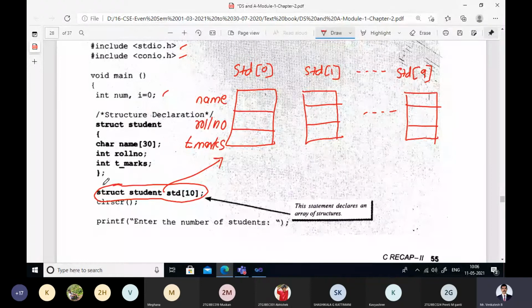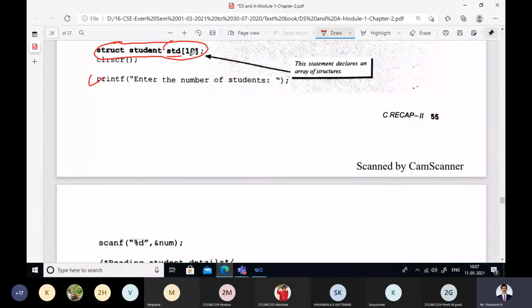Right? So now let us ask. We have capacity to store and process details of 10 students. So enter the number of students. Let us say you are giving 2 as the value. That means number is equal to 2. That means we want to store details of 2 students. For explanation purpose, I will take details of 2 students. That means this data will be read for the value of I, which will range from 0 to 1.